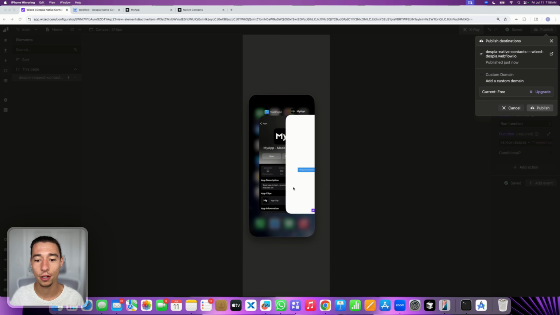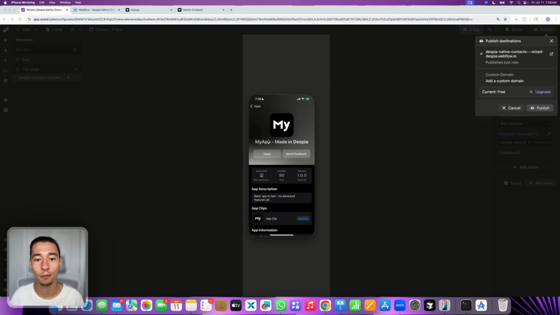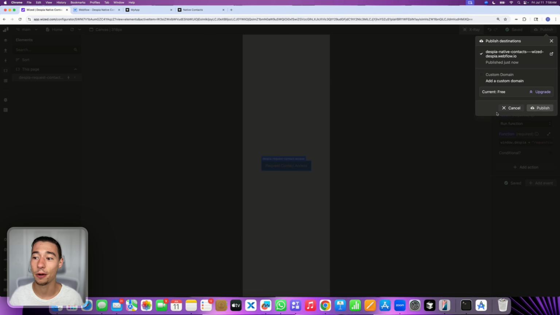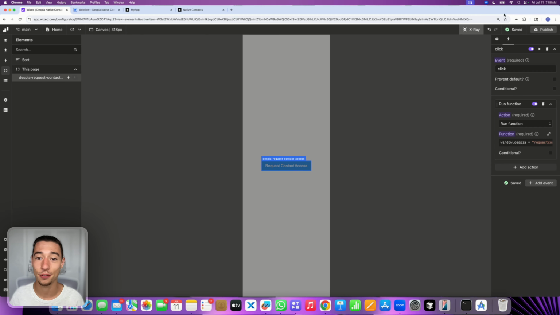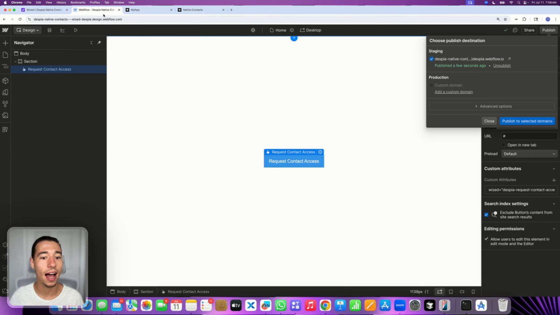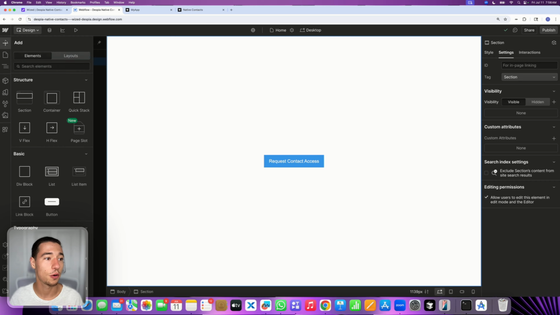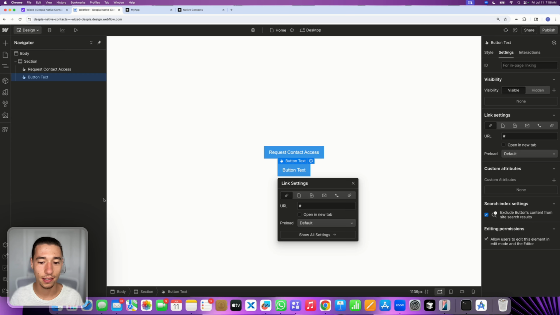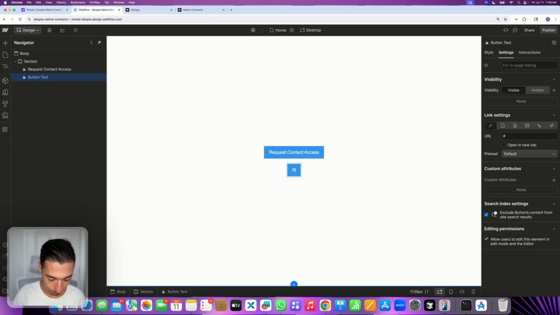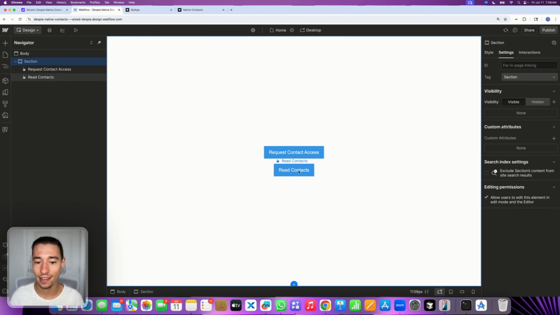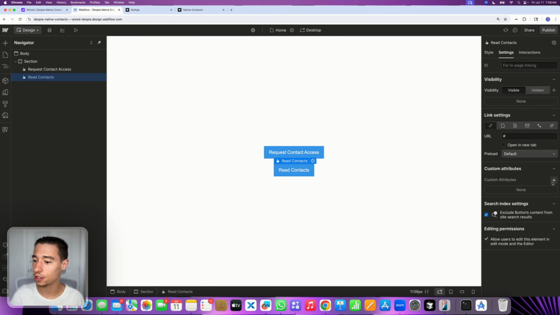It's pretty cool. We're having real-time updates. You just need to go back to Xcode, and you can test what you're building in Wized right inside of your native mobile application. And now we're going to add another button to actually read the data. So we're going to add another button inside of here that's going to be read contacts. Fantastic. And then I'm going to go on custom attributes and I'm going to do Wized. I'm going to do Despia read